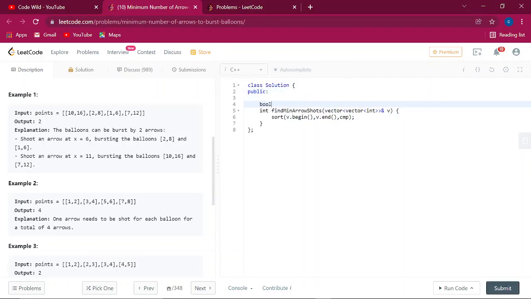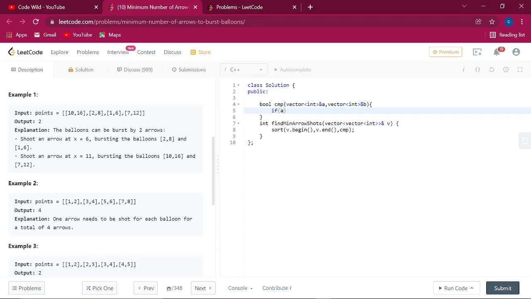So let's take a comparator that takes vector a, and let's name the other vector as b, and say that